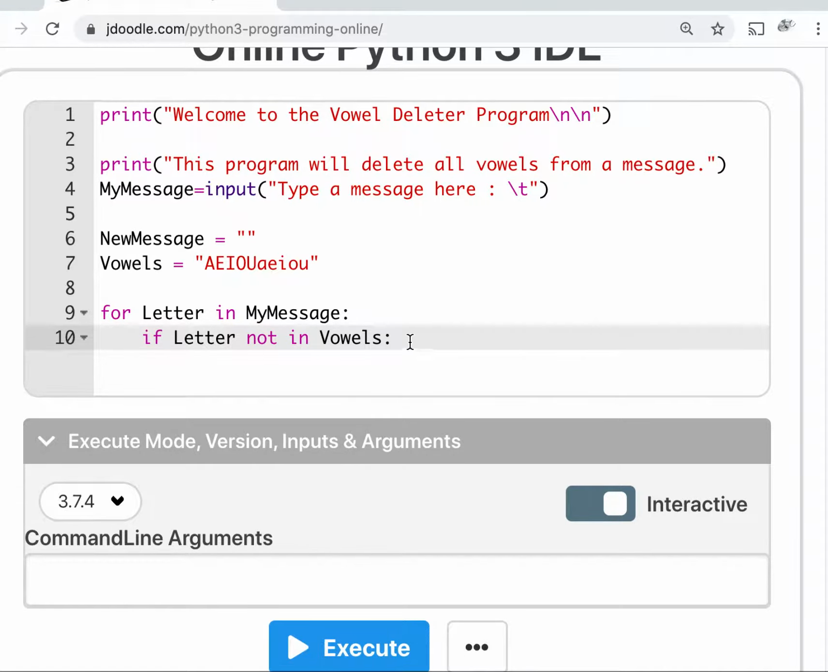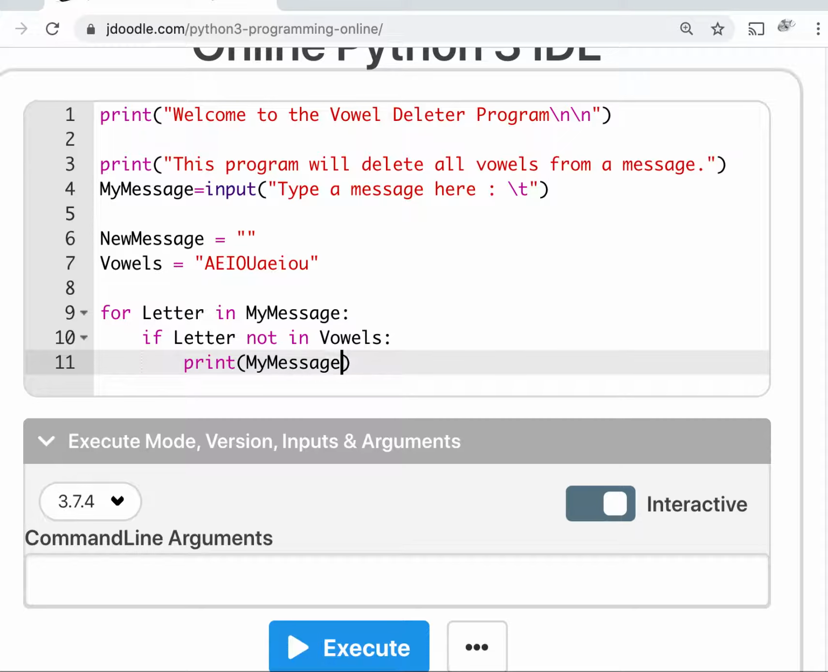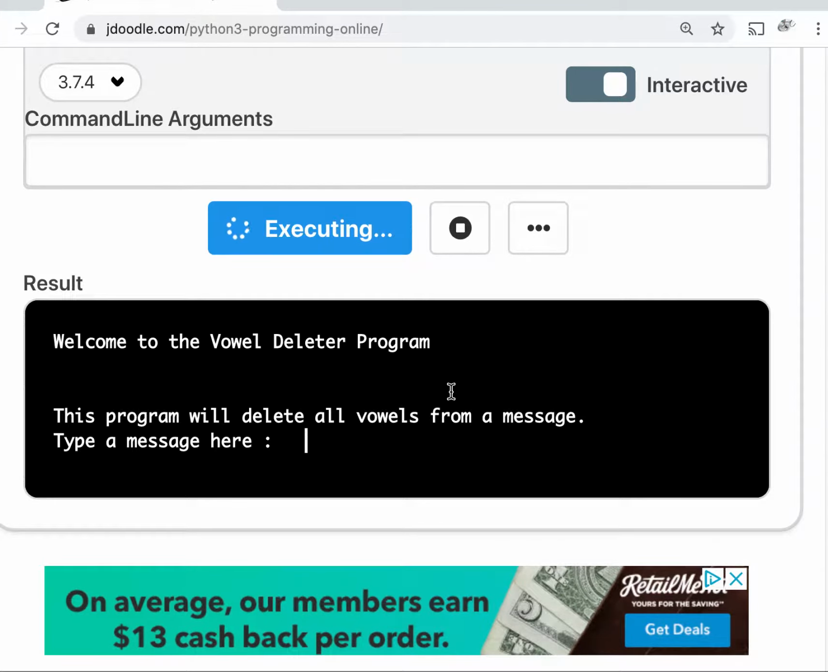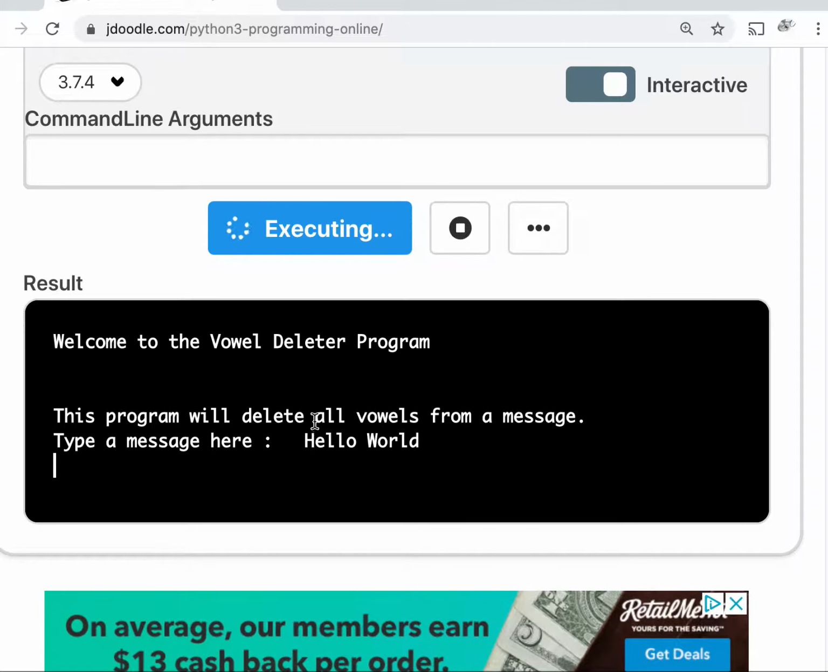If letter not in vowels, we'll do something, right? So if it's not in vowels, we'll have to print it. So let's just say print my message. We'll showcase this off right here, right in the beginning. So if I say hello world, enter,